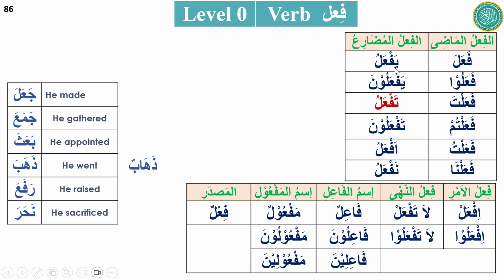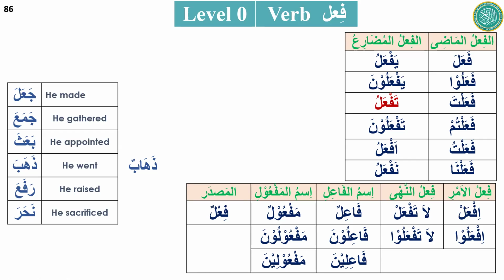Similarly, here in Mudare, it starts with ya. Always we put ya, and in the plural case, ya plus una, they. Ta in the beginning, this will be you. Ta plus una, you all. Hamza, the sound a, coming in the beginning, that is I of Mudare. When we say Madi, it is past. When we say Mudare, it is present and future together. And then we have Na.